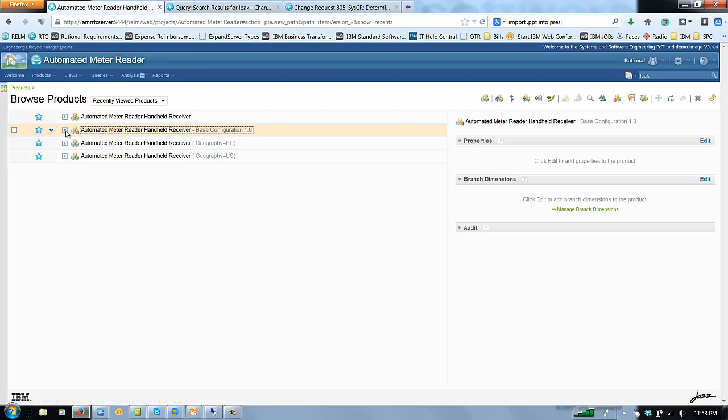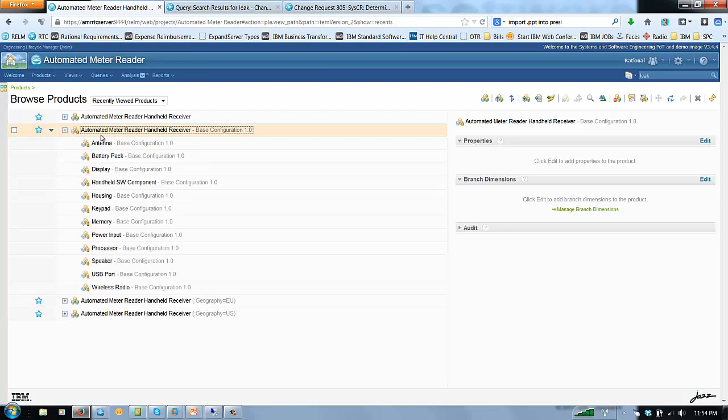but can be used to represent any level of abstraction in the things you're building. In our simplistic example, you can see that our standard handheld receiver, as shown here, is composed of an antenna, a battery pack, a display, handheld software, and so on. When we select a product, we can see some further information about it. Here we can see some properties that have been defined to describe the display product,